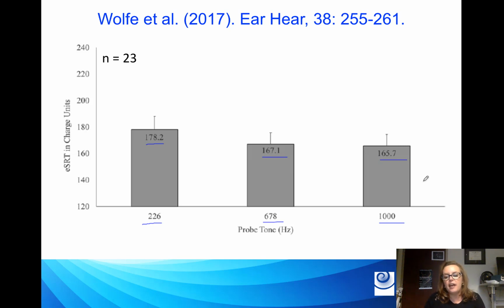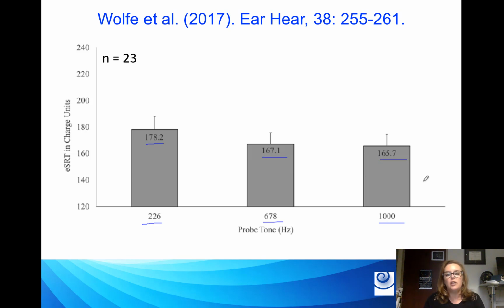And I can tell you that I've been using ESRTs pretty much on every single patient that I've seen for probably, I would say, maybe six or 7 years now. I truly believe it's changed the way I practice. I don't know that my patients are doing any better or worse than they used to be, but I now have